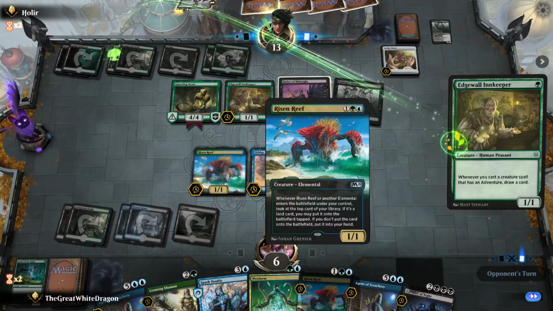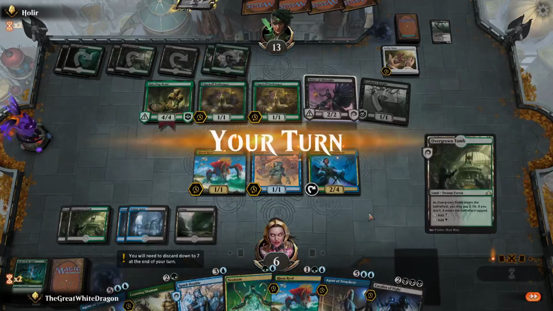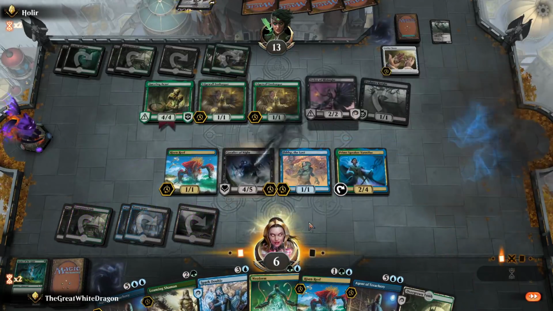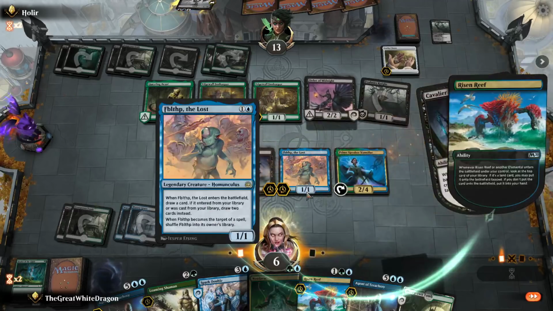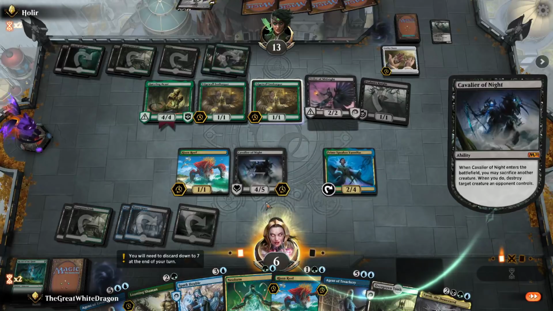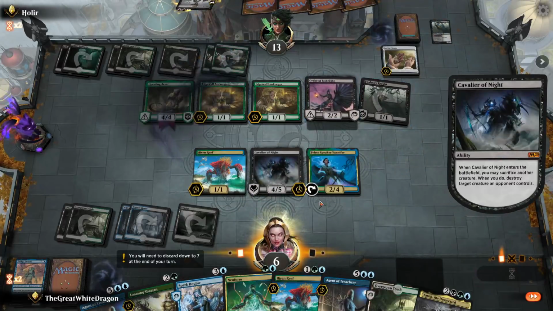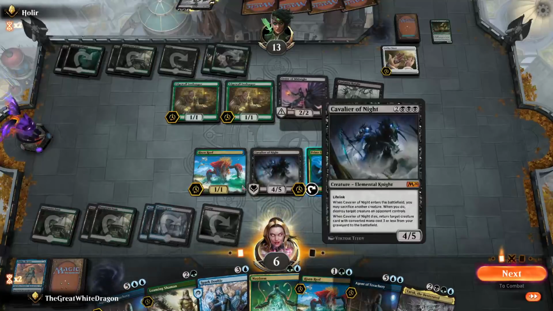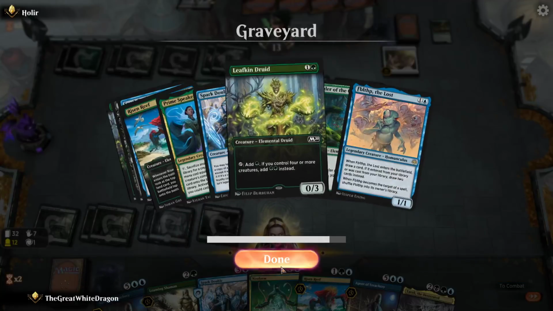And now let's see what we actually sack. We probably sack Fblthp, right? So we do this, sack Fblthp the Great. Ooh, a Yarok. Well, that kind of solves all my problems in one fell swoop. We killed this because reasons. And now we can play this. And we can kill that and...